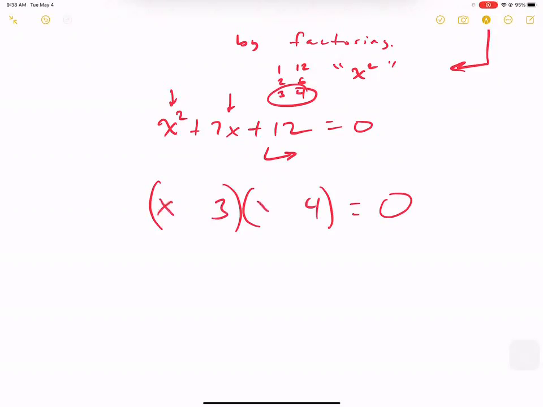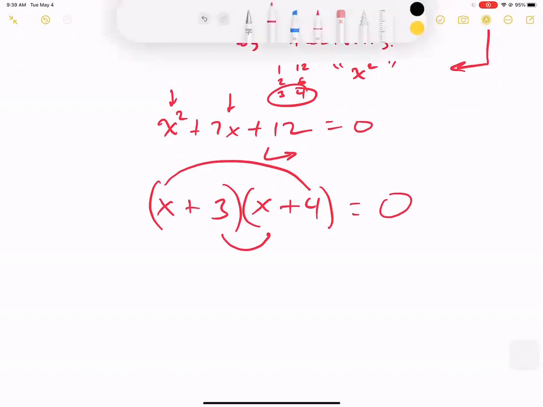x times x in the front. x times x is x squared. And 3 times 4 is 12. And hopefully they combine to become 7. And we said that 4x and 3x add up to 7 if they're both plus. It looks like a guy wearing headphones. Okay. So now we are at this point where